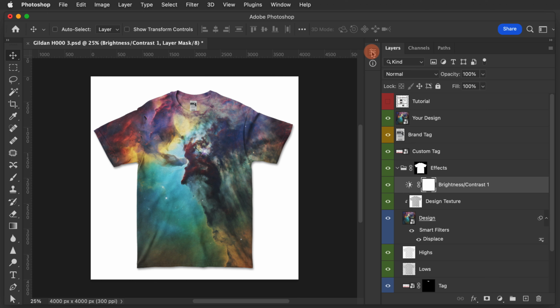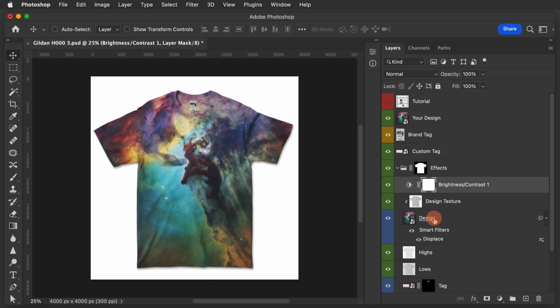The one thing that we may still want to do is remove the design from the neck here. Depending on how you are printing your actual garments in the real world, you may have just the fabric showing through on the back here, the inside of the garment. So the way that we're going to do that is with a neck mask. If you're a Photoshop Pro, all we're going to do is take the tag mask here and apply it to the design layer and invert it. If that sounds like gibberish, don't worry about it. We're going to go through how to do that right now.